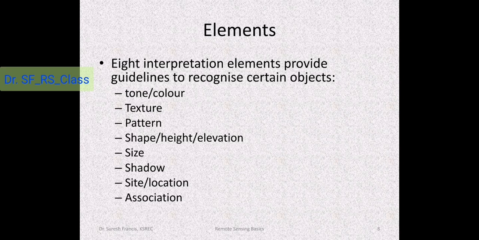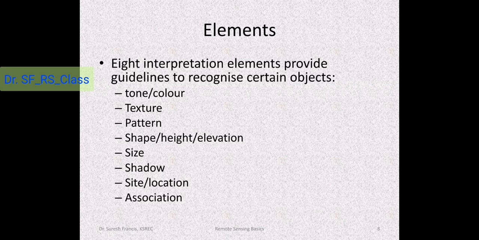All these things will differ basically if it is a deciduous hill and a tectonic hill. There will be a difference in shape. Tectonic hills will have sharp edges, peaks, and all other things. A deciduous hill will have a rounded top. So the shape and size of these hills itself will be different. So we will be able to identify its origin and characteristics also with the interpretation of these kinds of interpretation